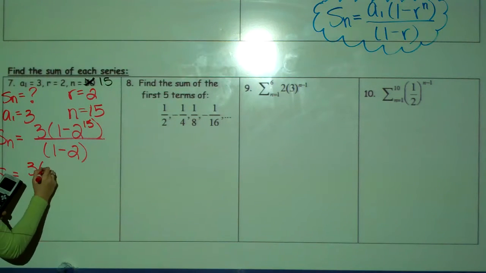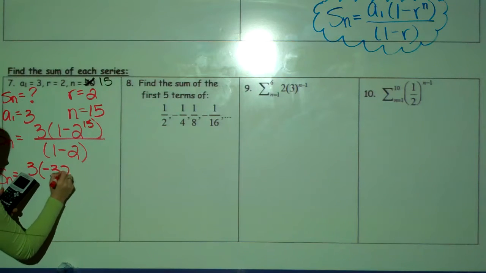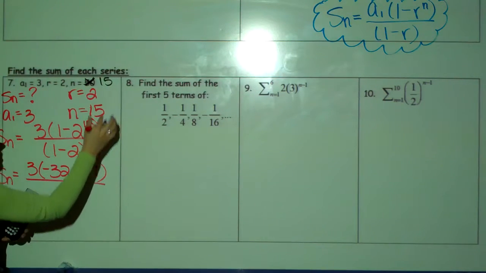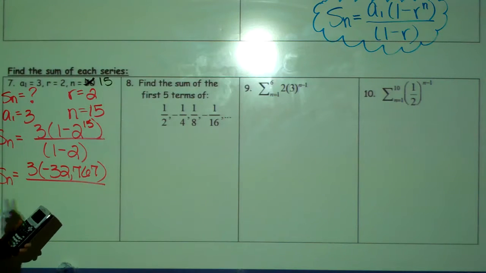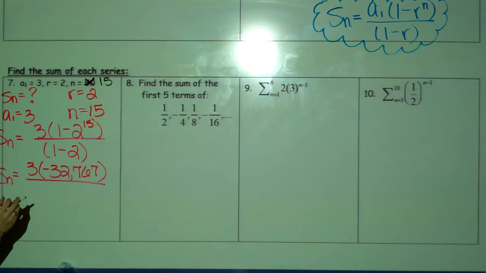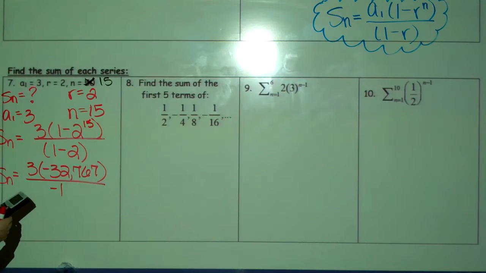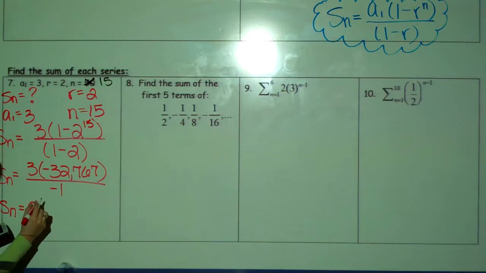3 times negative 32,767. When our formulas start having powers, that's why the numbers start getting so big. And then 1 minus 2 we know is negative 1. So now I'm just going to multiply that by 3 and divide by negative 1, which will change its sign. So the final answer is